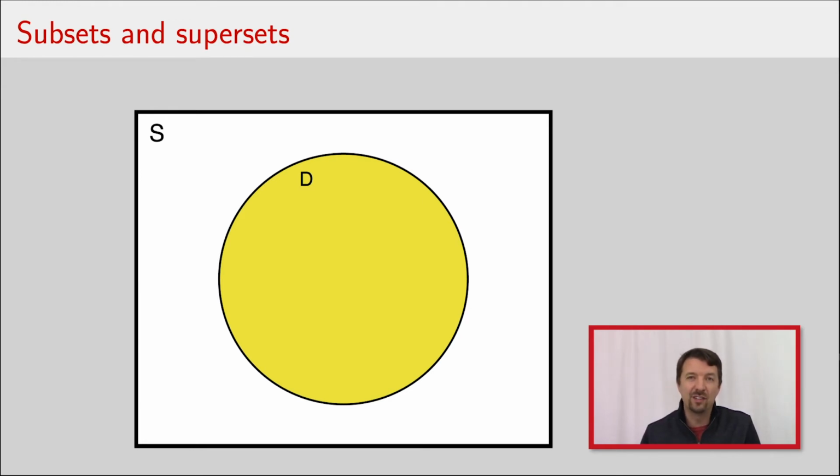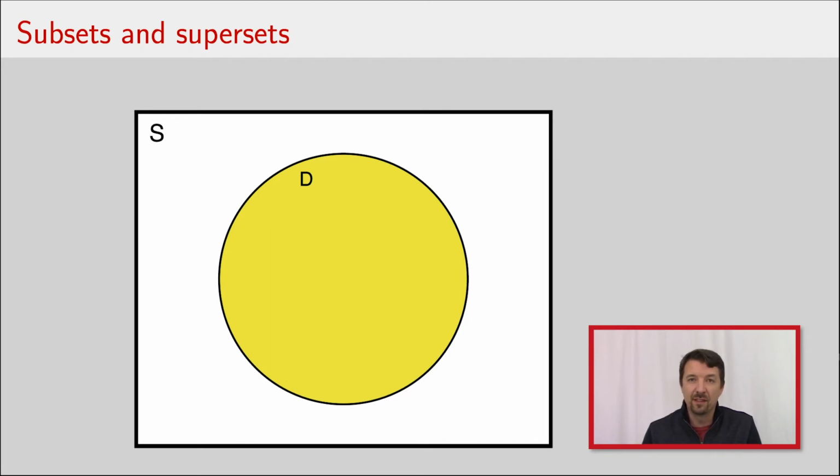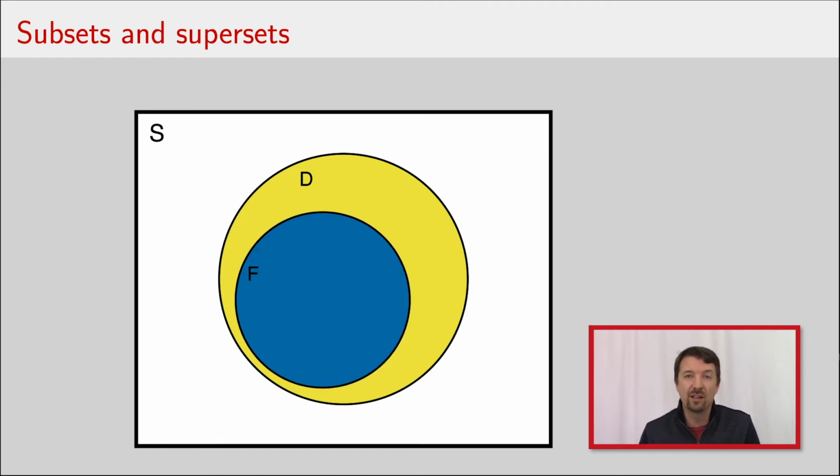But right now, we're going to introduce a new set. So here's a new set. It's a set F. In this set F, you'll notice here that all the elements that are in F are also elements in D. And you can see that clearly if I flip back. So here's D, right? And all the points that are currently yellow are elements of D. And if we go forward, now here are the points F, which are all also points and elements of D. And therefore, because all the elements of F are also elements of D, that means that F is a subset